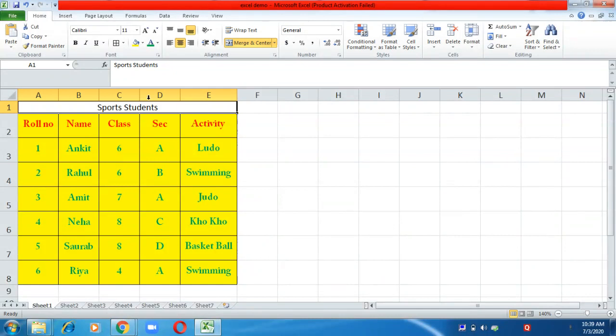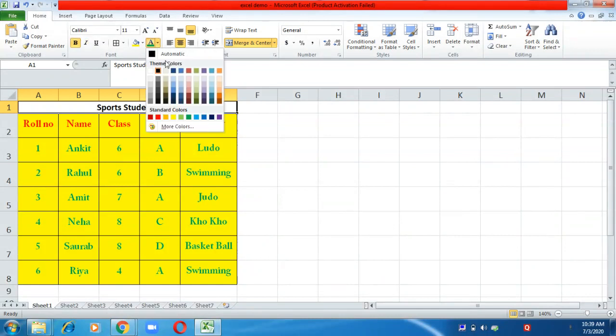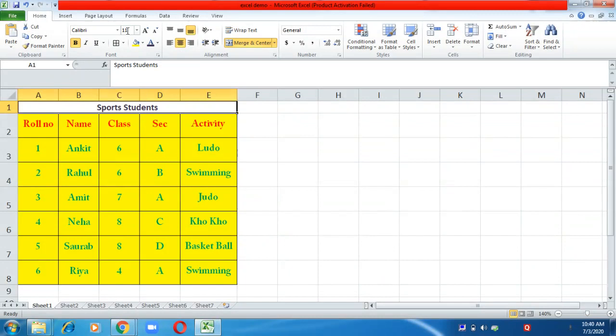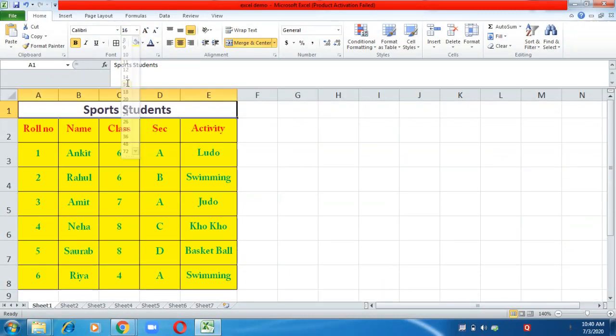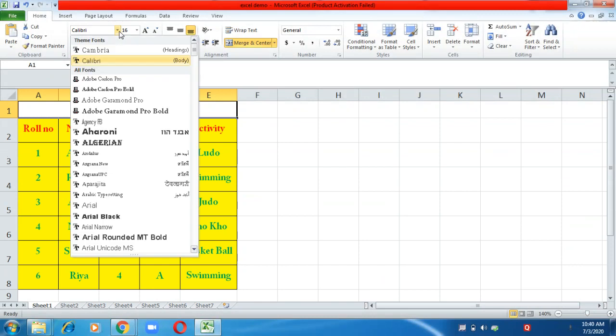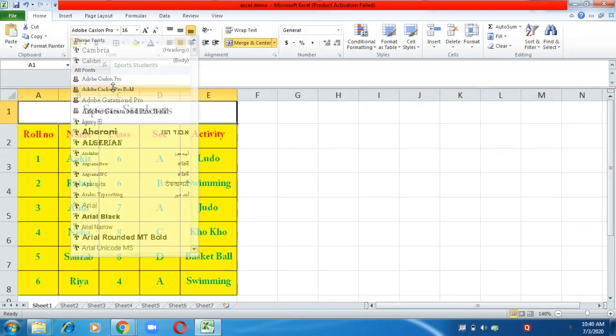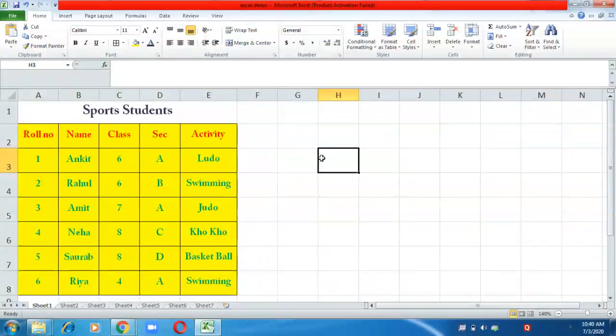Now I want to make the heading bold, and I want to give a different color, and I want to increase the font size and the font style also I want to change. So this is how we have completed the table with all the formatting features which we can apply.